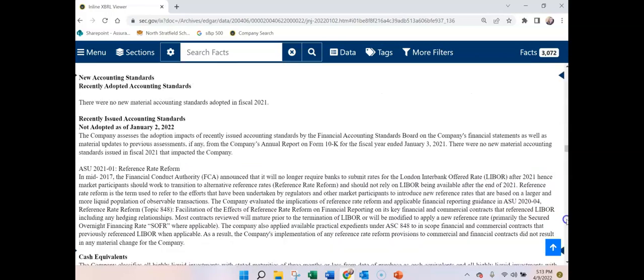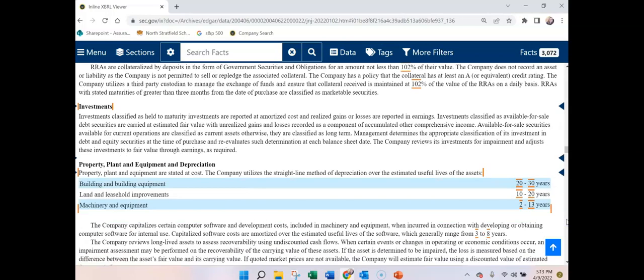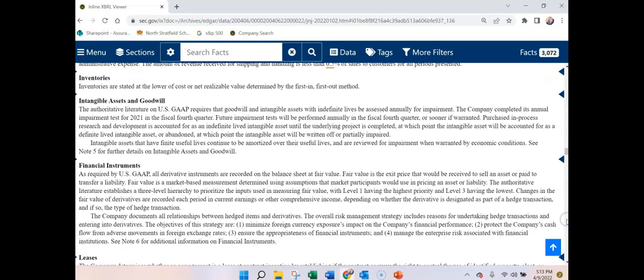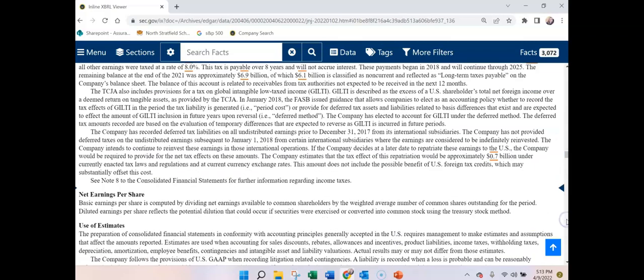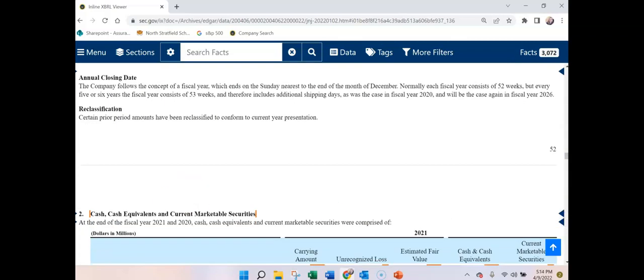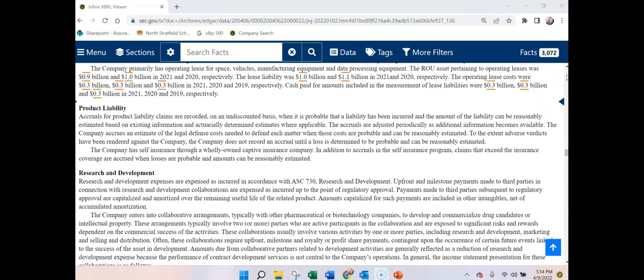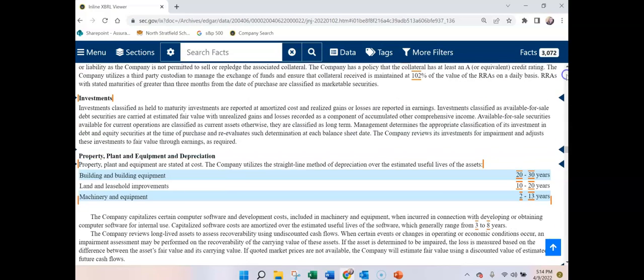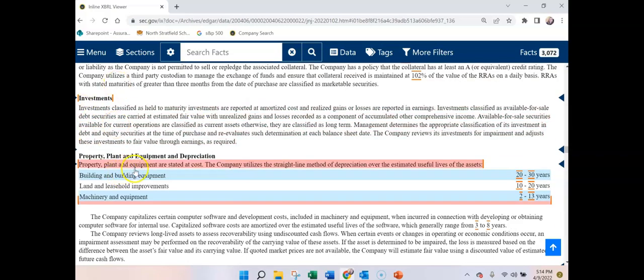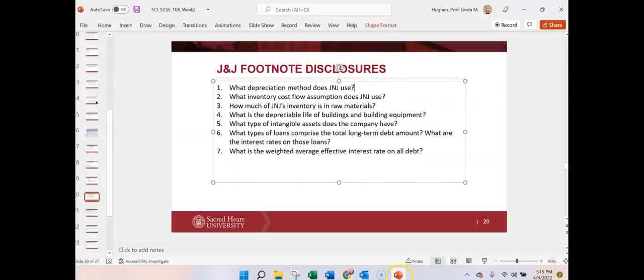So I just want to skim around or maybe just do a search to find the depreciation method. I'd actually scrolled down a little bit too far. So coming back up in note 1, significant accounting policies, under investments, we have plant, property, and equipment and depreciation. The company uses the straight line method of depreciation. Okay, so let's put that in here. Sometimes companies will have a separate note for plant, property, and equipment, and we can find that information there,